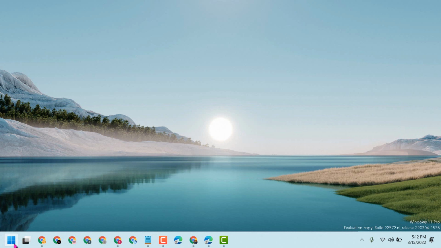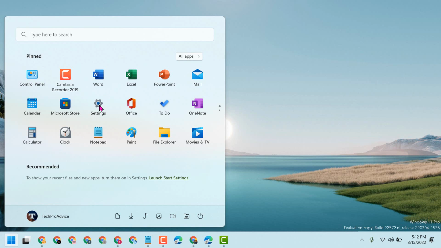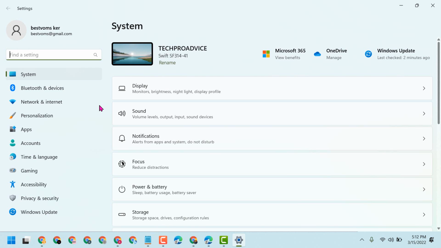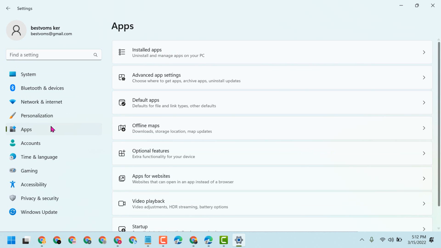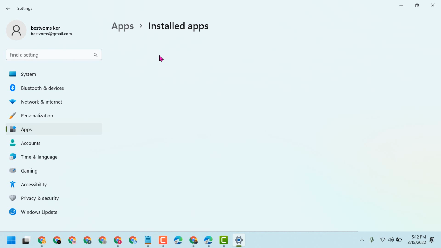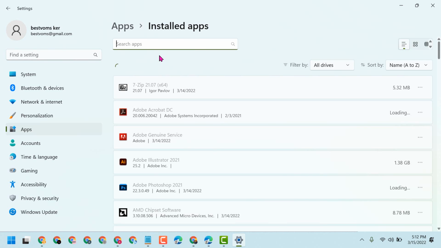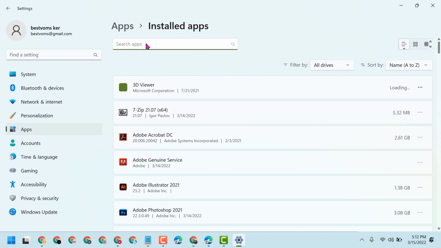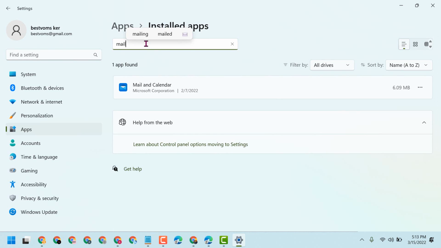So firstly click on Start, Settings, now here click on Apps, then click on Installed Apps, here search Mail, you will see Mail and Calendar, click on three dots, as Advanced Options,